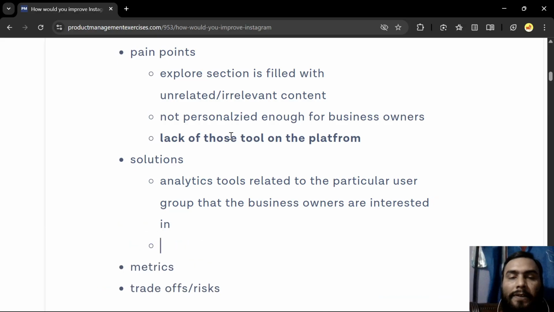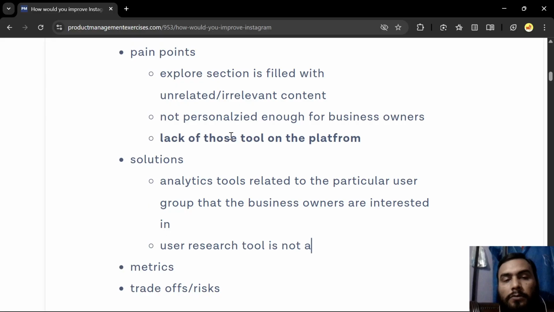And currently, Instagram has an analytics tool where you can analyze the kind of followers and the engagement level with your content, how many users are engaging, how much content is being liked and commented on, and everything that is engagement analytics is there. But this user research tool is not available. But again, indirectly, how much you know about your user is a good indicator of what exactly you do in user research.